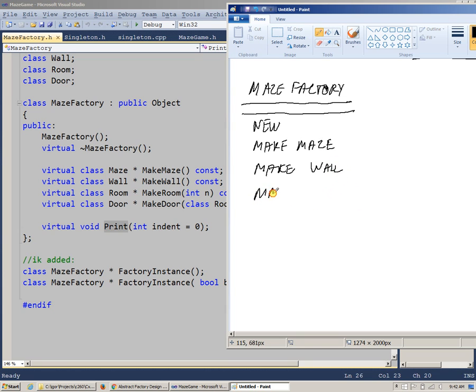It has make room and make door. So make room takes a number, which is an integer, which is obviously an ID of the room, and make door actually takes room 1 and room 2, obviously, which are rooms, and that's the notation